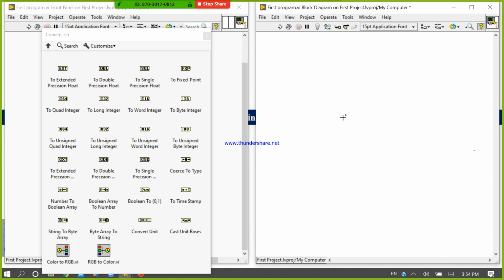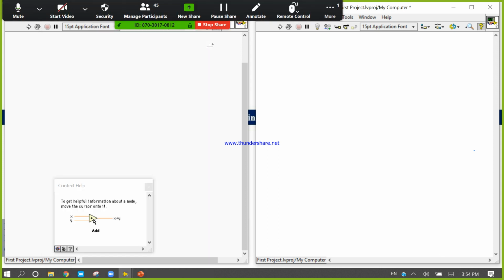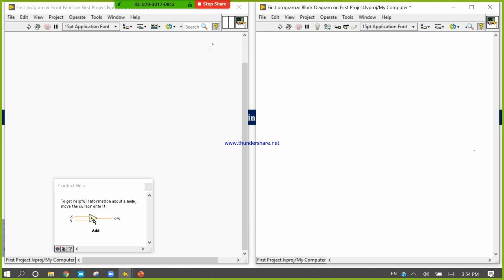Now in LabVIEW we will work with some signals and try to check how we can work with them.